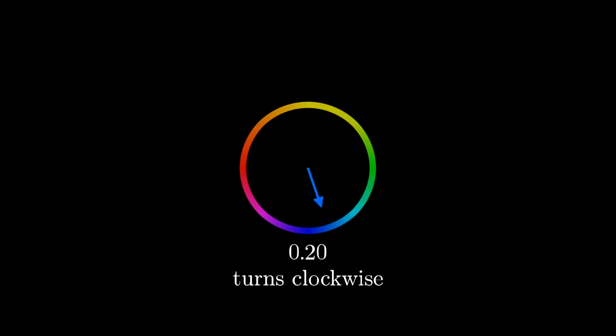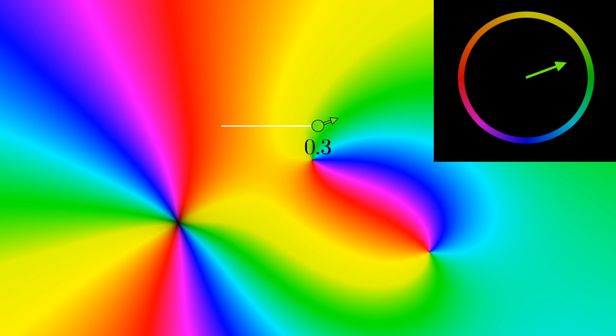Now when I say total amount of winding, I want you to imagine an old-fashioned odometer that ticks forward as the arrow spins clockwise, but backwards as the arrow spins counterclockwise. So counterclockwise winding counts as negative clockwise winding. The outputs may turn a lot, but if some of that turning is in the opposite direction, it cancels out. For example, if you move forward along this path and then move backwards along that same path, the total amount of winding ends up just being 0. The backwards movement literally rewinds through the previously seen colors, reversing all the previous winding and returning the odometer back to where it started.